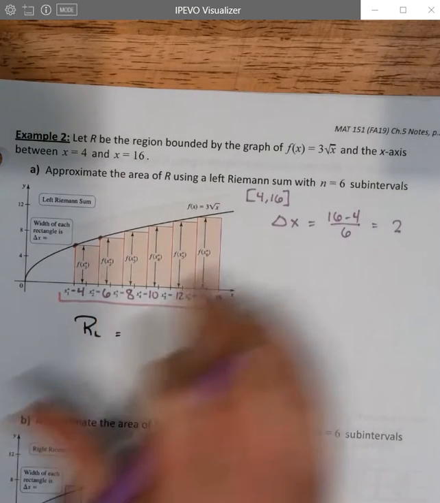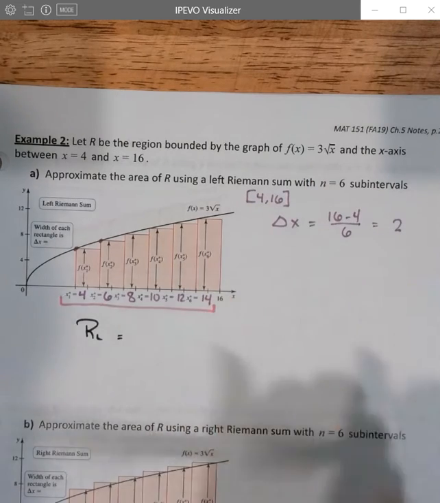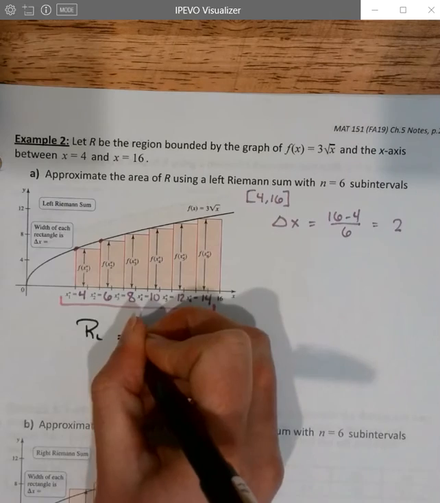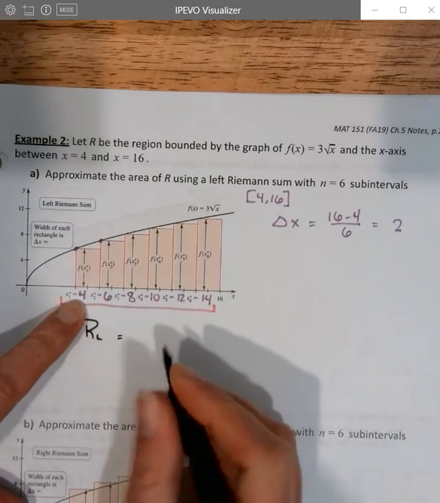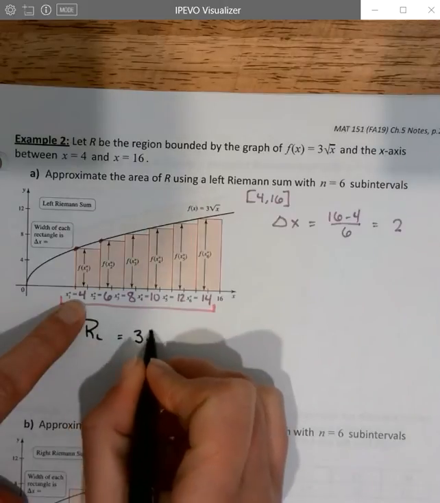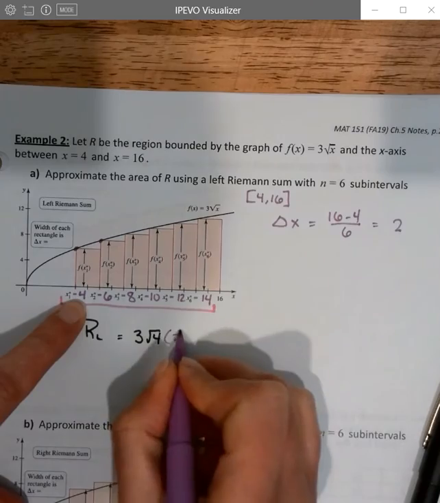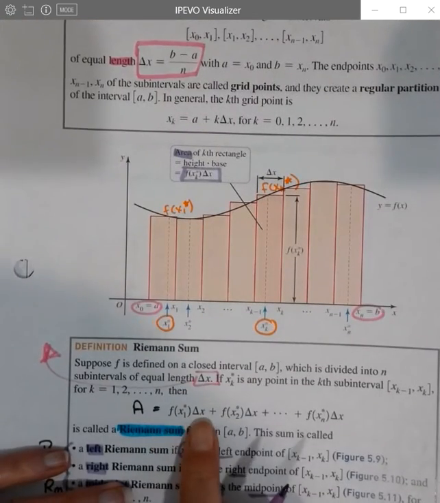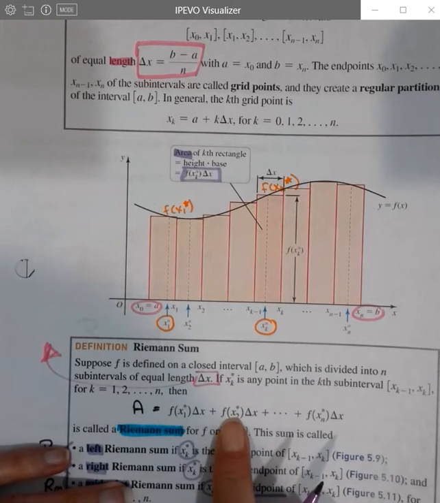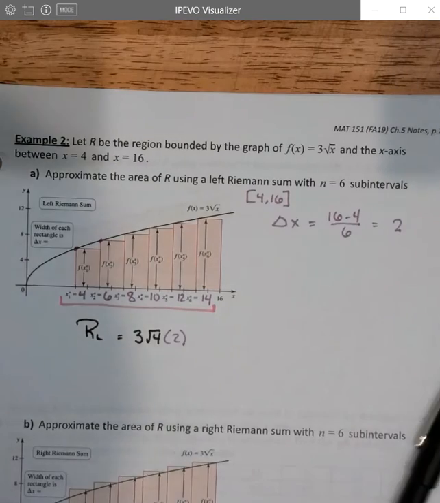We are going to evaluate our function at each of those endpoints and multiply it by delta x, and that's going to give us our Riemann sum. So we're plugging in the left endpoint. For the first one, our x1 star is 4, so we have 3 times the square root of 4 times our delta x, which is 2. That's just f of x1 star times delta x. Now we're going to do it again, f of x2 star, so plug x2 star into the function, then times delta x. So plus